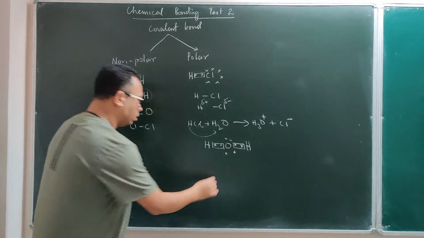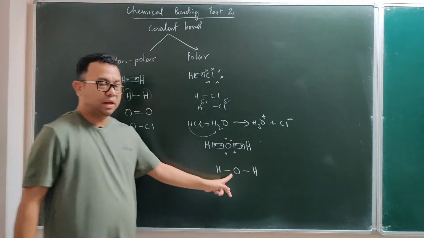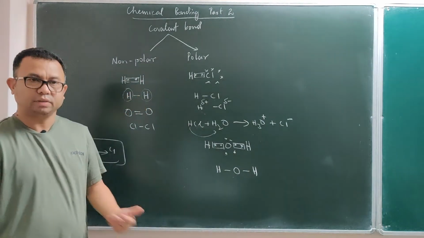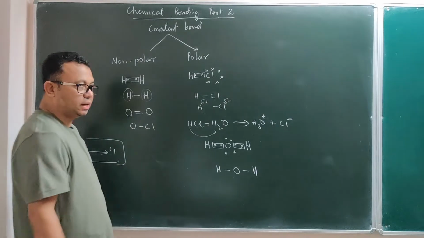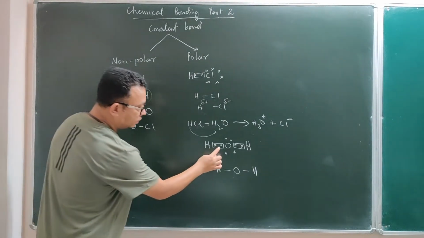So that means the water molecule is written like this. Oxygen has two single bonds around it, and each of the two hydrogens has a single bond around it. So this is the structure of water. Now please understand, later on when we do the structure of the hydronium ion, it is very important that